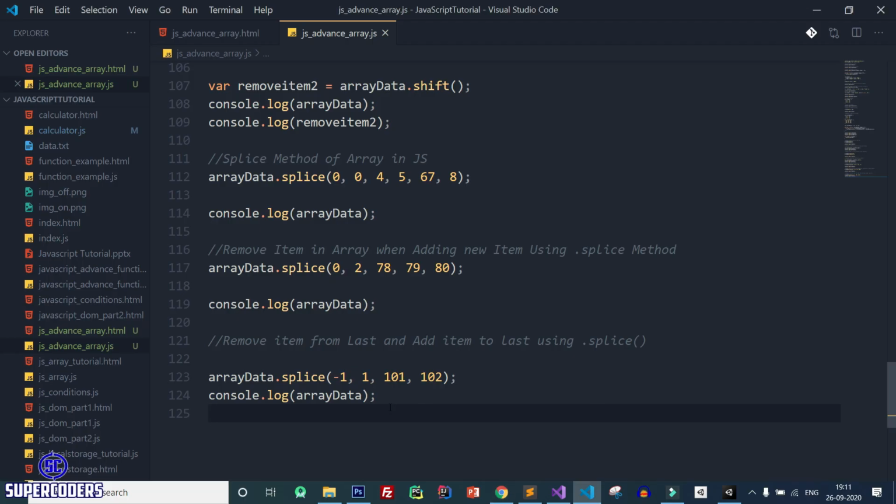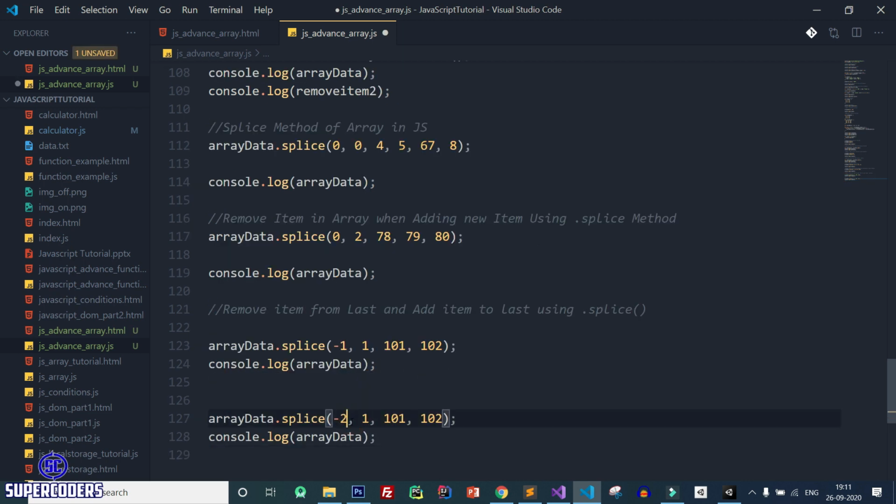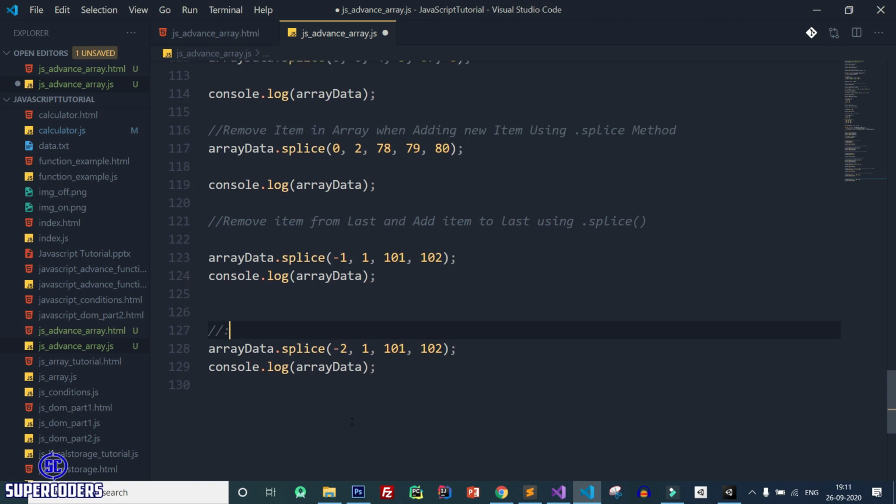So here if you want to access an item from the last by a specific position, like this, -3. So here I am accessing the second last item and changing this to 104, 106.